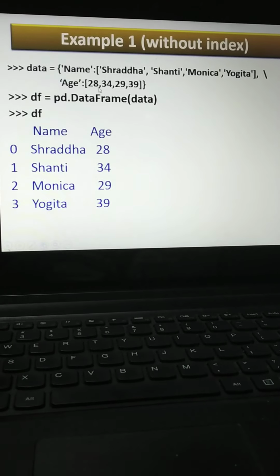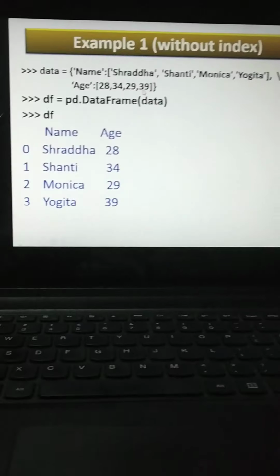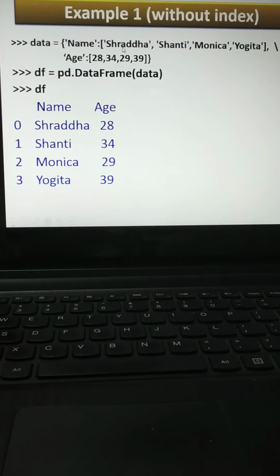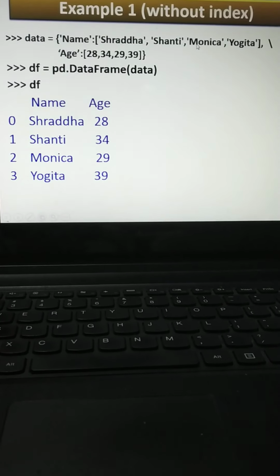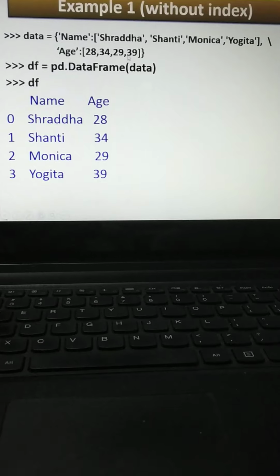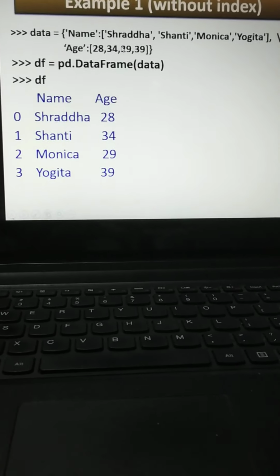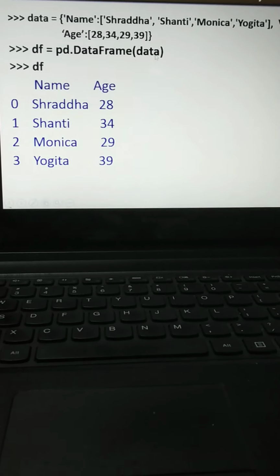Age is equal to 28, 34, 29 and 39. See, Shraddha is there, 28, and 1, 2, 3, 4, 1, 2, 3, 4. Both the lists are of the same length.